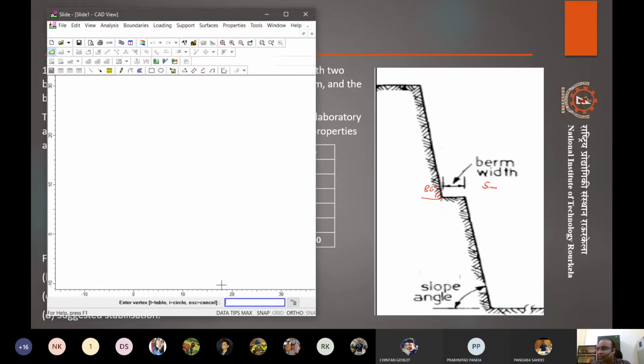So let's start with 0, 0, right? Because we are seeing 100-meter height, and we have these 2-meter benches and a slope angle of 80. And we have to give base as well. So let's keep some point here as 0 on the left edge of this slope, right?